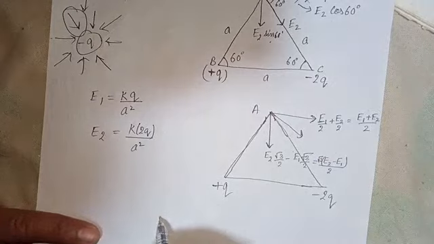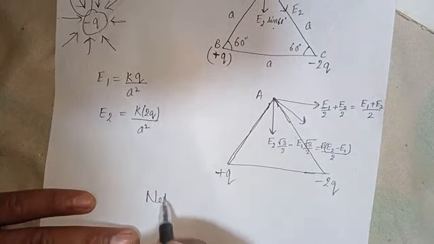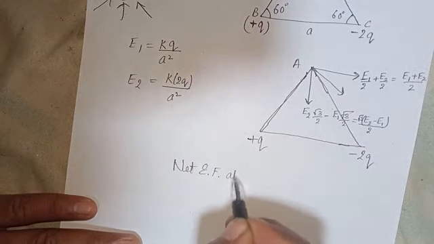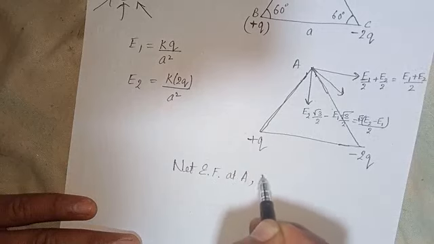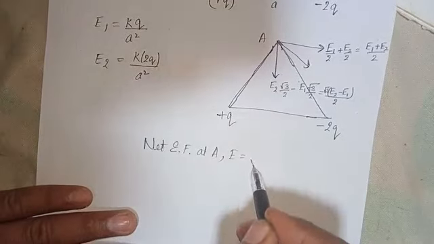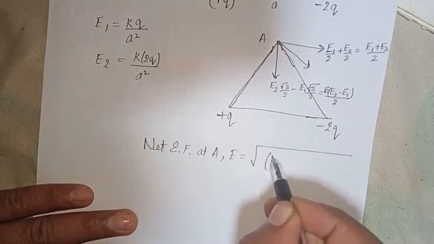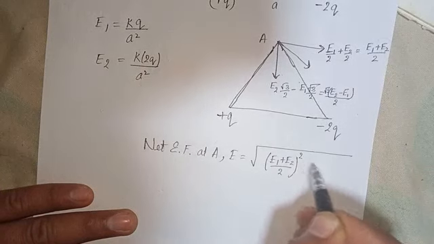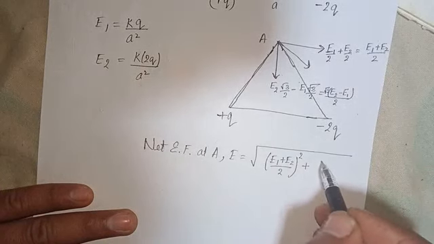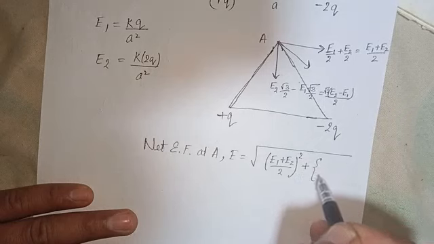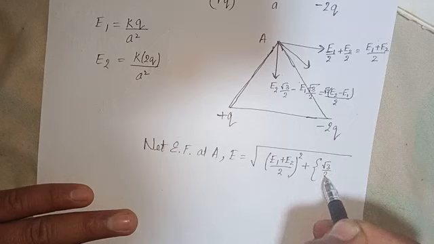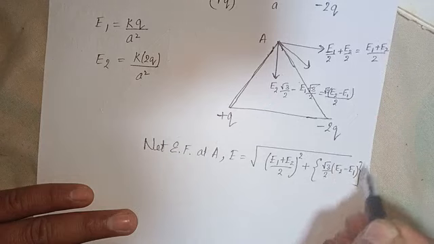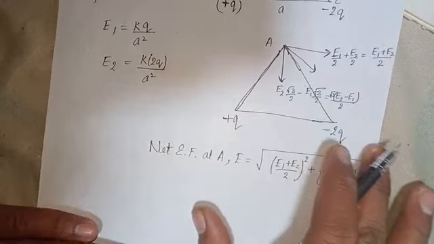So the net electric field at point A, E, will be equal to root of ((E1 plus E2) upon 2) whole square plus (root 3 upon 2 into (E2 minus E1)) whole square. Because as we all know,